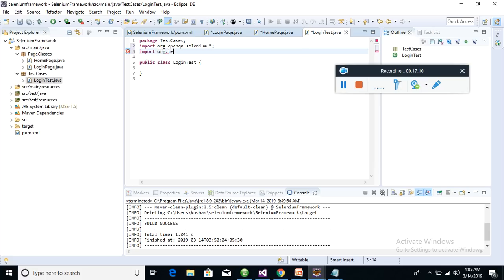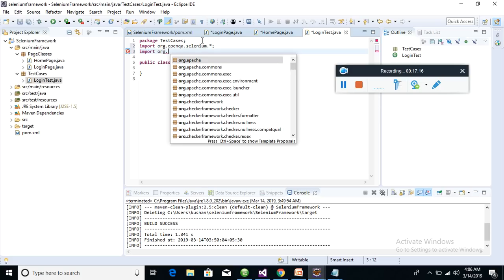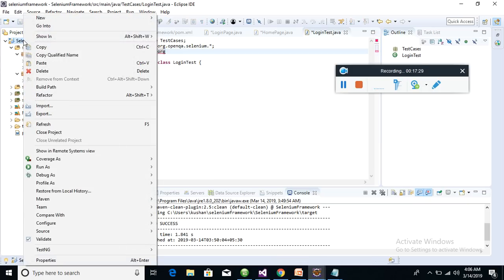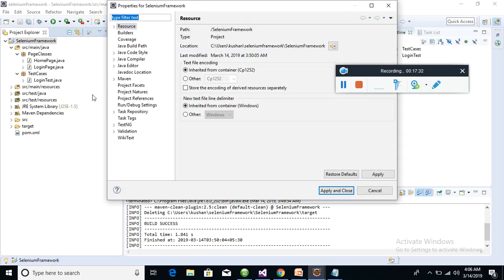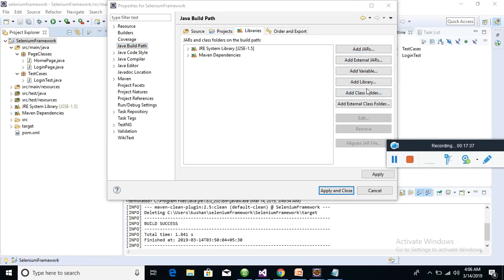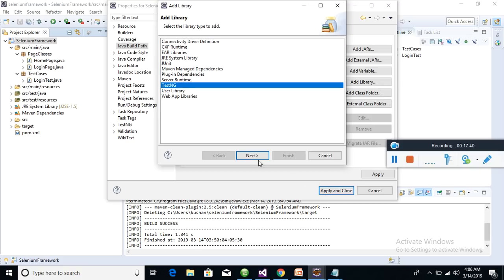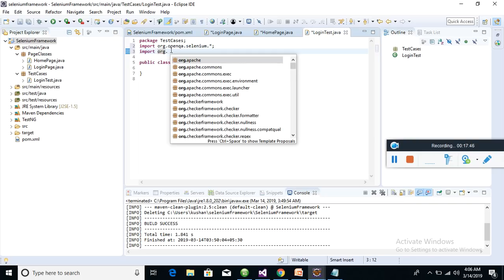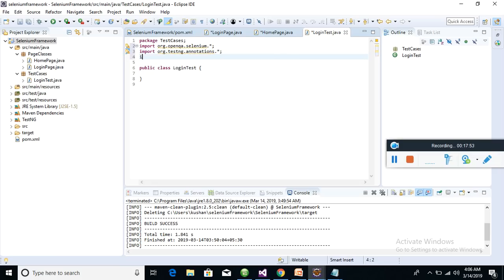Then we have to import org. Since we are using testng, we have to use testng. So we have to add the testng. To add testng, you have to right click on your project, go to properties, go to Java build path, libraries, and add testng library. So you click on add library, add testng, and click on finish and apply. So once you apply, org.testng is there. So testng annotations, import